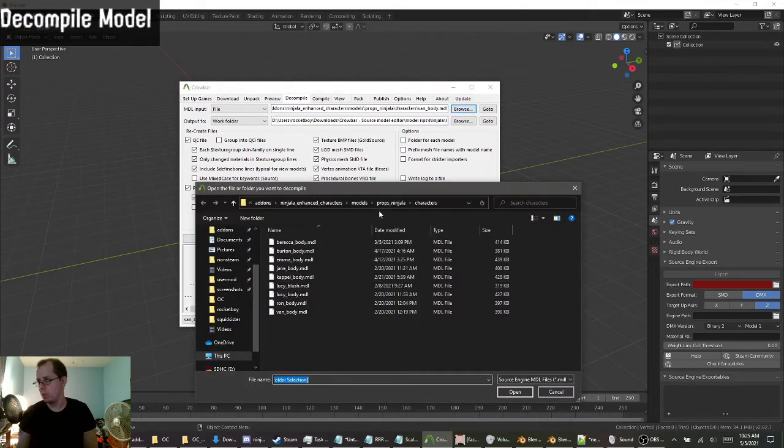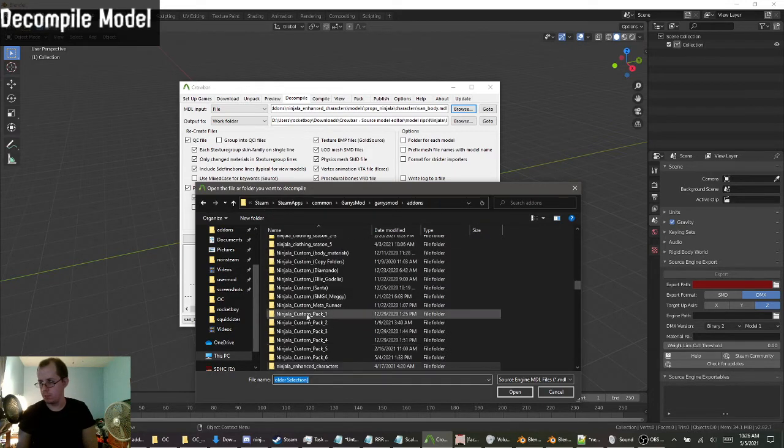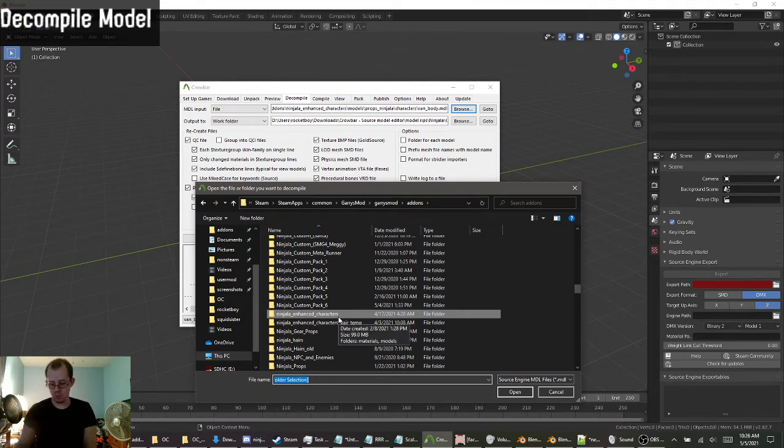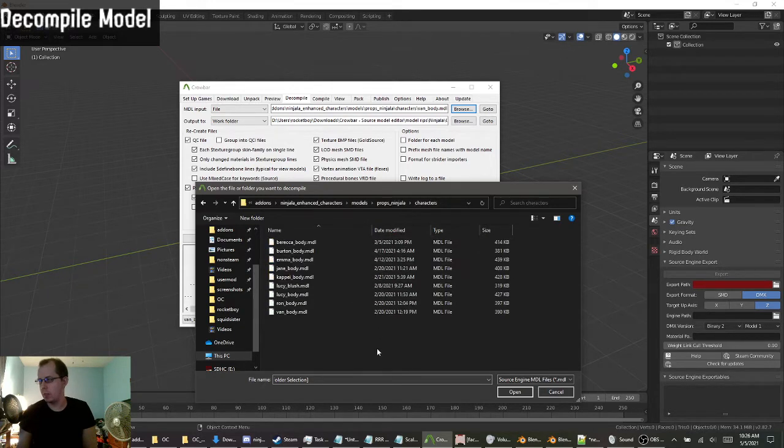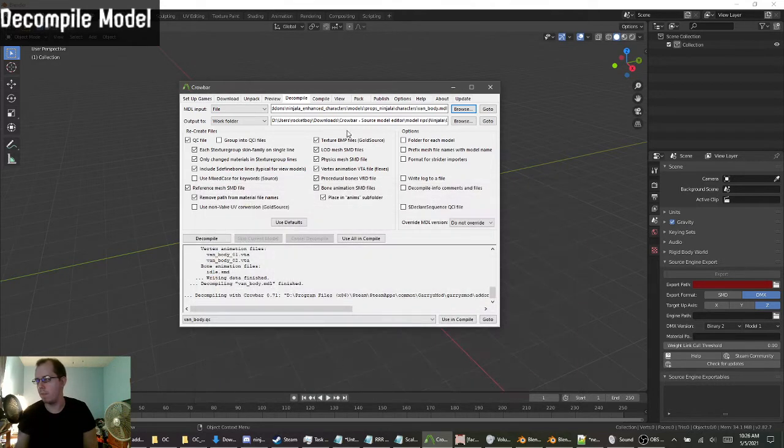Alright. In this case, you want to make sure you got your enhanced character models, which I did tell you guys to make sure to rip from the GMA. Then your models, prop Ninjala, characters. Doesn't matter which character you use, mostly, but I recommend Burton, Cape, and Van because they don't have any hair bones. Makes it a lot easier. So I'm gonna pick Van,